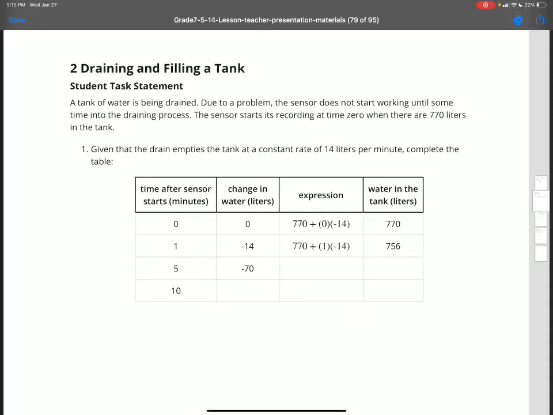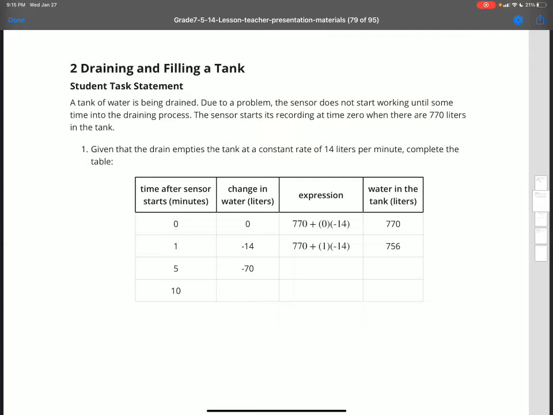All right, guys, let's look at the second student task statement called draining and filling a tank. A tank of water is being drained. Due to a problem, the sensor does not start working until some time into the draining process. The sensor starts its recording at time 0 when there are 770 liters in the tank. Number 1. Given that the drain empties the tank at a constant rate of 14 liters per minute, complete the